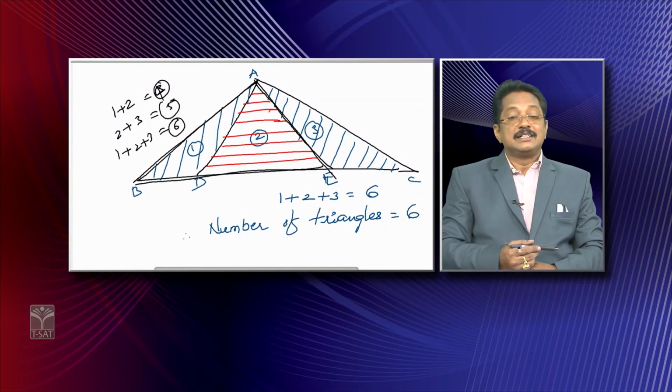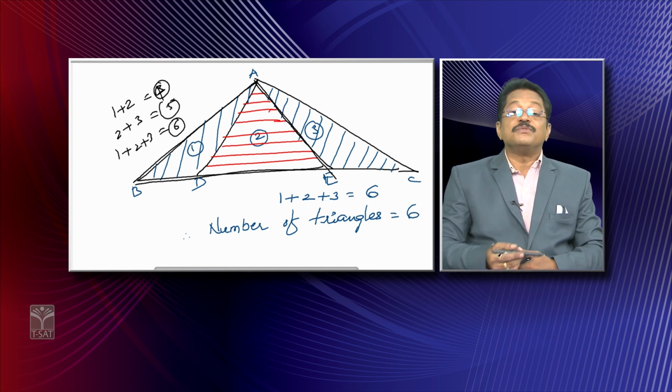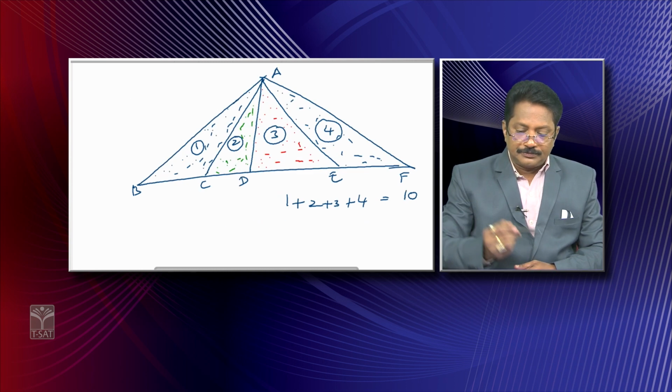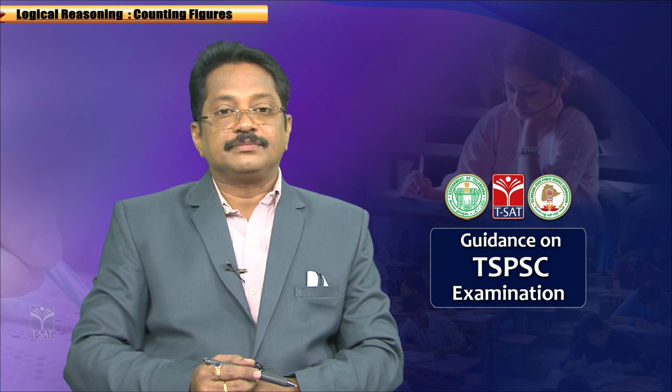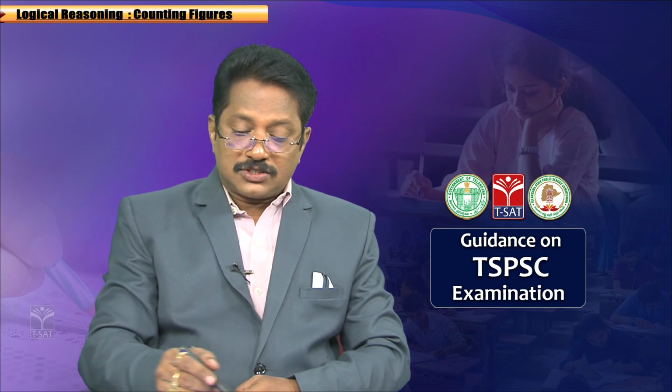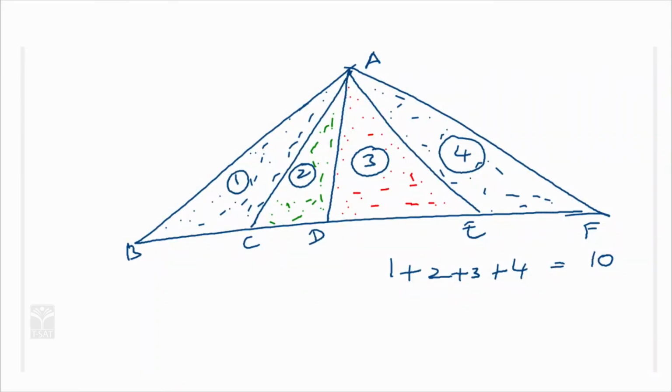Maybe you feel that when divided into 2, 1 plus 2, that is 3. When divided into 3, 1 plus 2 plus 3, that is 6. When divided into 4, that is 1 plus 2 plus 3 plus 4, which is 10. Maybe we will check whether it is correct or not. Yeah, exactly correct. So here, triangle ABC is one triangle, triangle ACD is a second triangle, triangle ADE